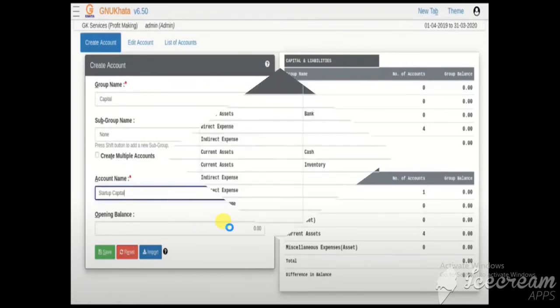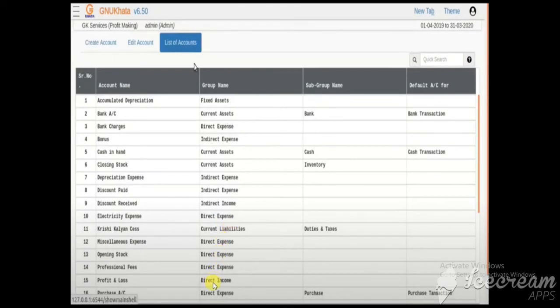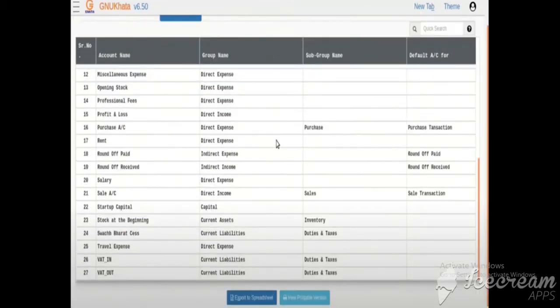After that you will see the list of accounts. After creating the account you can see the list of accounts, accumulated depreciation, all these things. Now see here, VAT tax, VAT in, VAT out, sales account, salary, professional fees, all these things, and you will see the group name, subgroup name, and default account.